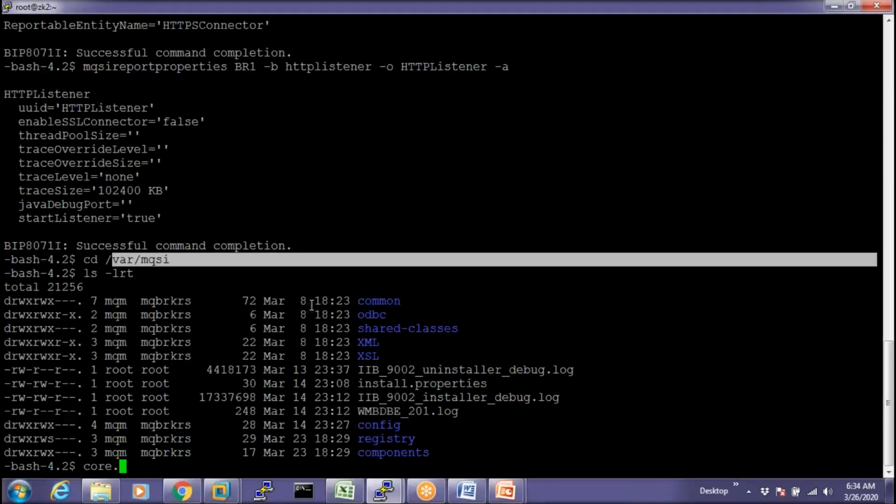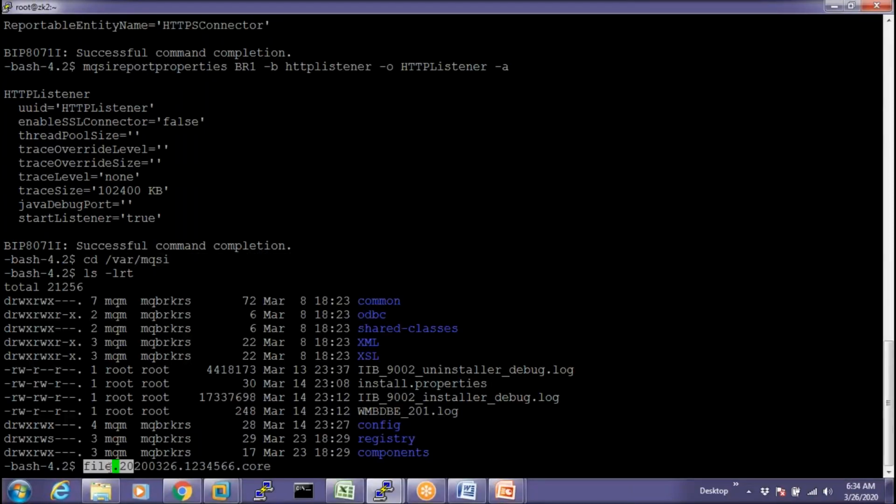For example, today is 26th March 2020, and if a core dump is generated now, it is going to be named like 2020 03 26, then some ID, say 1234567, dot core. So the core file name will be like this: any random name, the date, the core dump ID, and then dot core.